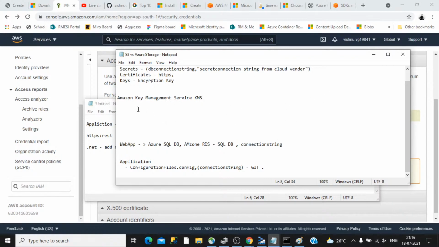So how is your application going to connect to this Key Management Service, because it needs to retrieve those secrets from there? For that purpose, you can use something called a managed identity. You create an identity in Azure. We won't be able to cover all those things today in this session. The idea here is, in Azure you create an app registration and a managed identity, and you configure those things, and that way your system will be able to contact your key management service with a certificate in place.